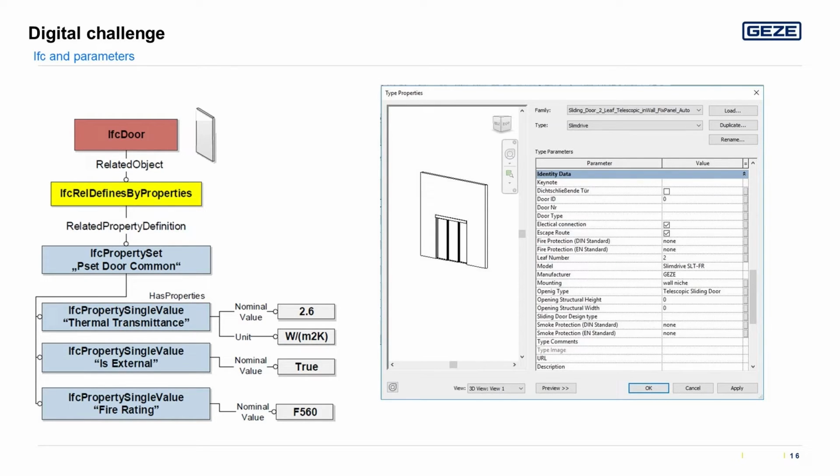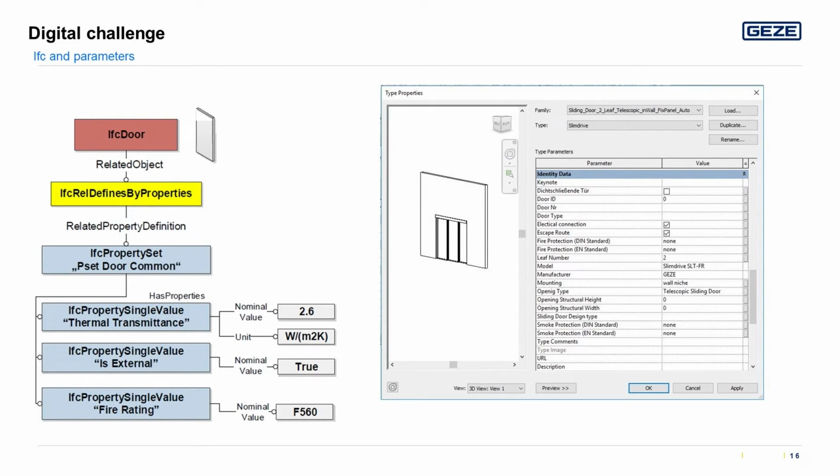And the property set is not defined by IFC, it is defined by you. You are the person in charge. Well, of course there are some standards in this IFC element, but you are the person who's in charge to get your information on this element.